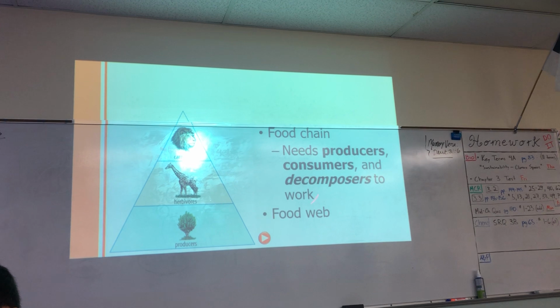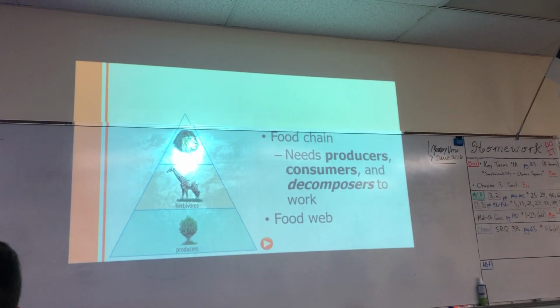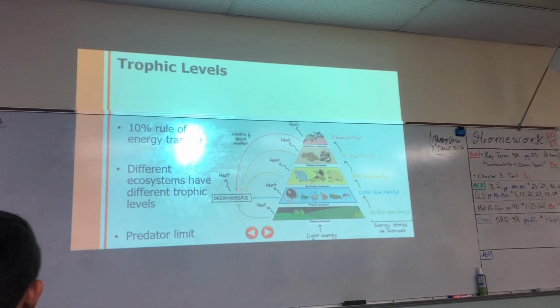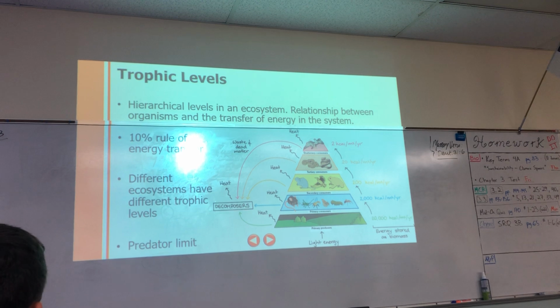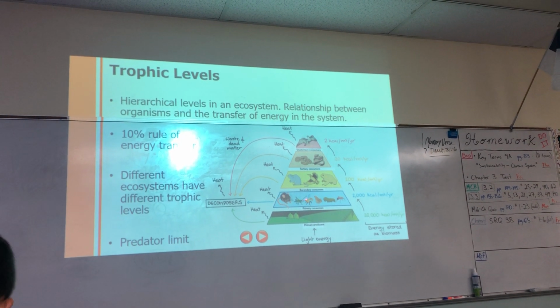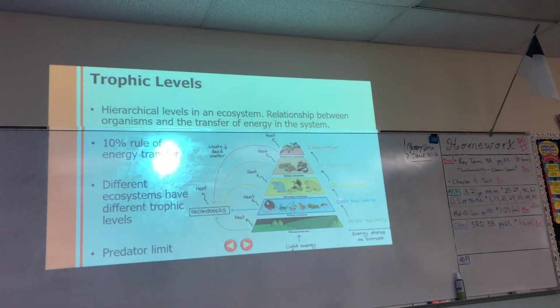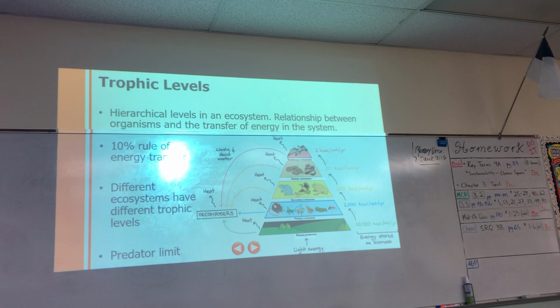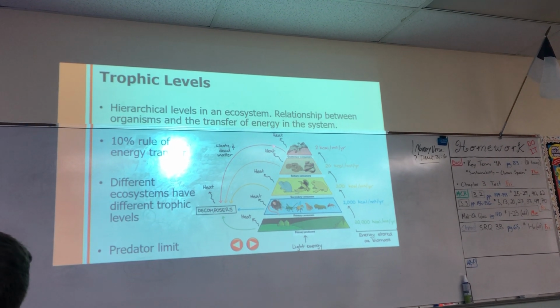We need to know the food chain, all right? Producers are eaten by herbivores, carnivores eat herbivores and other carnivores. This right here, trophic levels, very important. The 10% rule of energy transfer, you need to know what that is. Basically, the bottom of the pyramid will have 20,000, but then the next level will only have 2,000, only 10% of that total energy. Okay, because a lot of the energy is lost through heat.